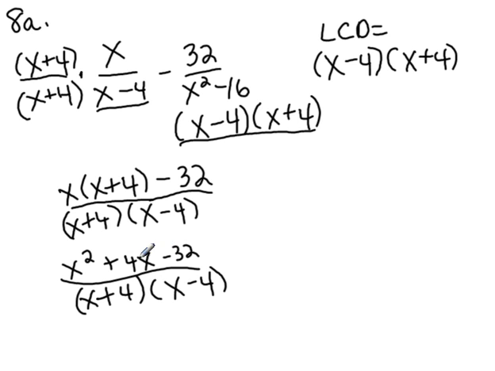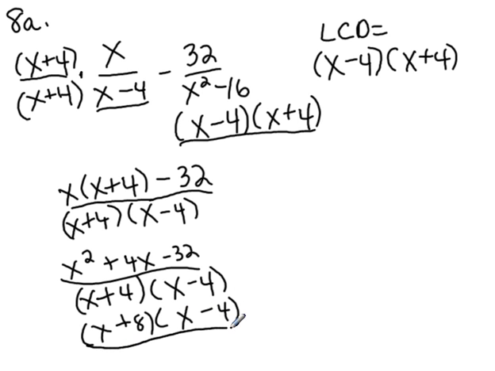And it's a trinomial with no leading coefficient. So I'm just looking for numbers that multiply to negative 32 and add to positive 4. Again, they multiply to negative 32 and they add to positive 4. That's going to be positive 8 and negative 4. 8 times negative 4 is negative 32, and 8 plus negative 4 is positive 4. So I can factor that to x plus 8 times x minus 4,